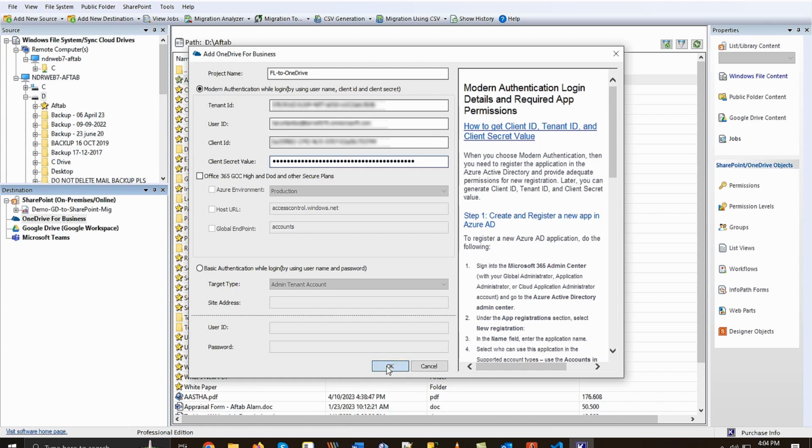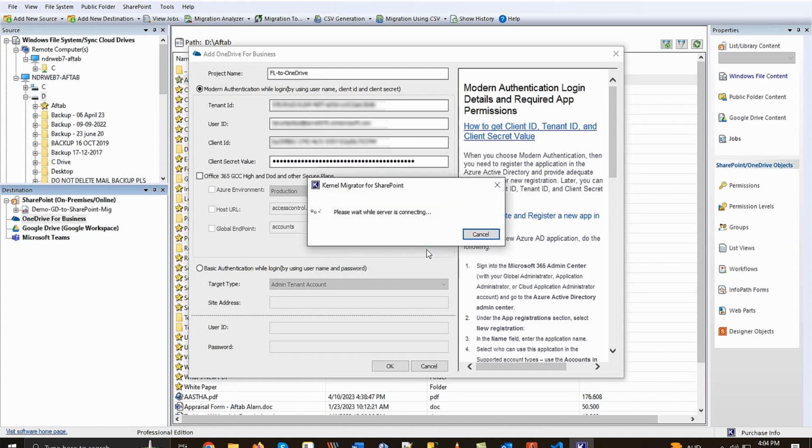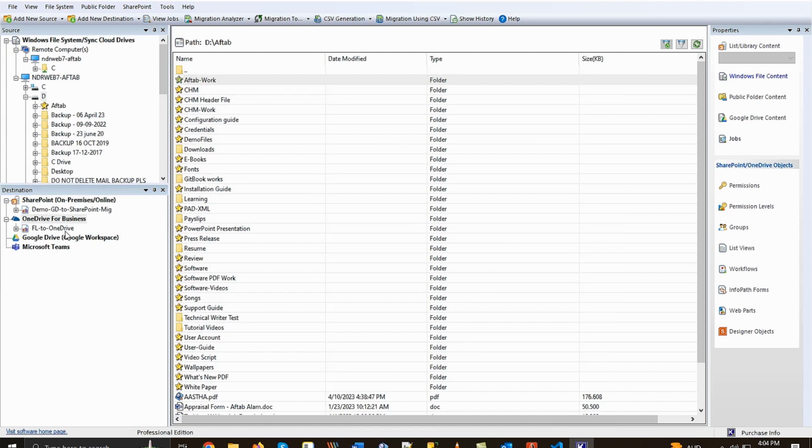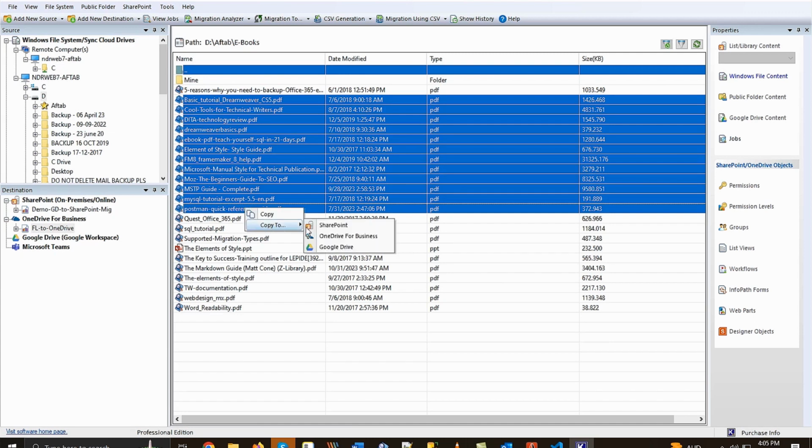After that, click OK. The pop-up asks whether you want to connect automatically or with a CSV file. As we are connecting automatically, then click OK. The project is connected under OneDrive. Now, if you copy some items from Windows folders and right-click, then in the Copy to feature there is OneDrive